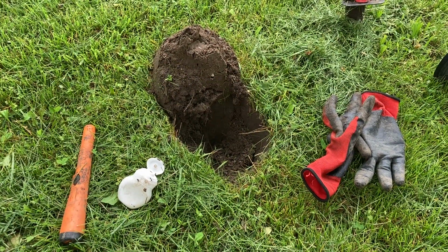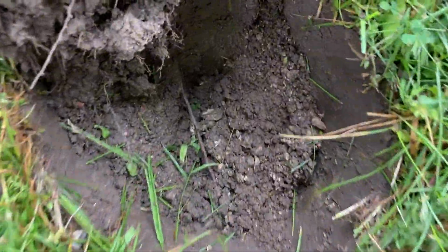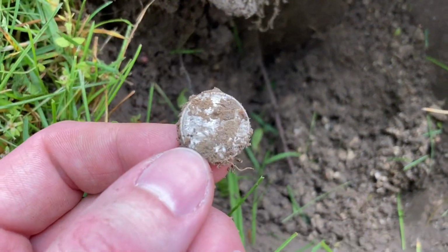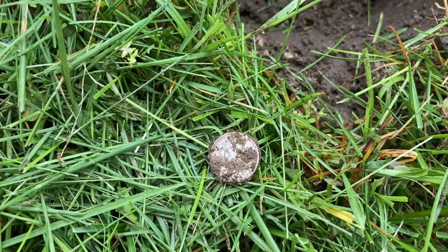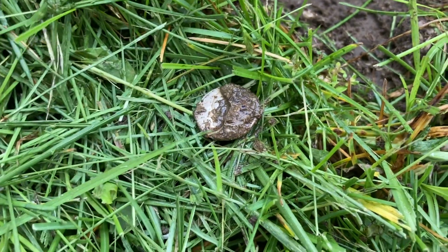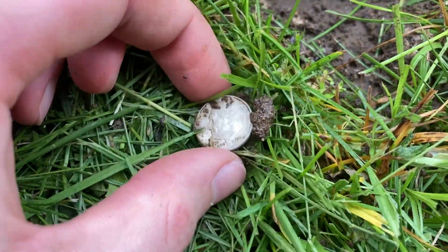What's really neat too is I actually dug my only Carson City coin on the same hillside last year, but I've already looked at it, and this is not a Carson City. Here it is, it's right there. We got ourselves a Roosevelt dime, a little silver dime. Let's set this right here and splash some water on it. The soil out here is really muddy, or really full of clay, so I don't know. I'm gonna have to come back to you guys probably. Oh, it is a last year silver dime,